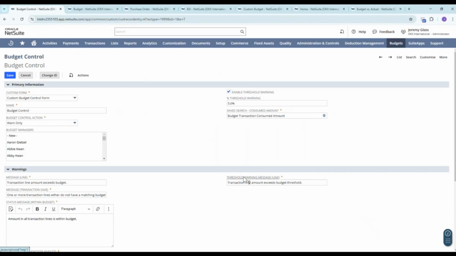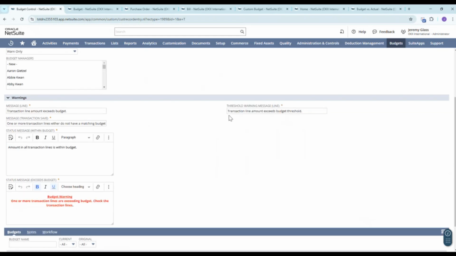This is based as well on the saved search that is already added in your NetSuite instance once you install the bundle. I use here the budget transaction consumed amount. We also have the custom messages here where we can set up customized messages for various budget validation scenarios.